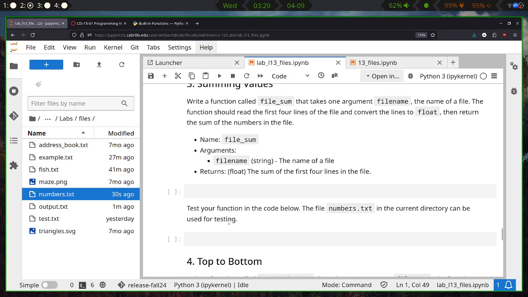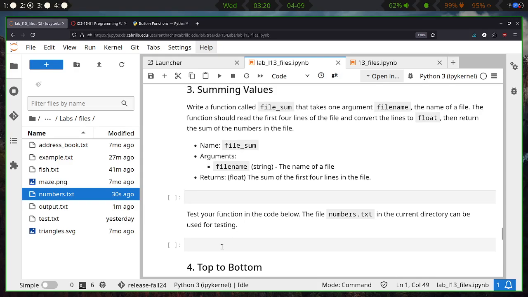Before I even code that function, imagine that we wrote that file sum function. It takes one argument, a file name. So here I'm just going to put the file name, which is in files slash numbers.txt. The goal is that this should open up this file, calculate the sum, and return it. So if I were to print it out,